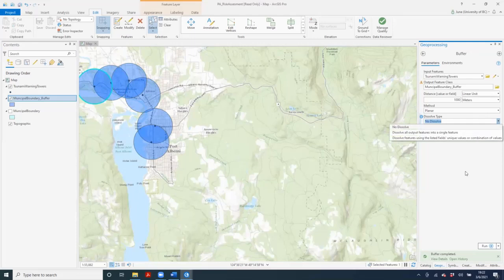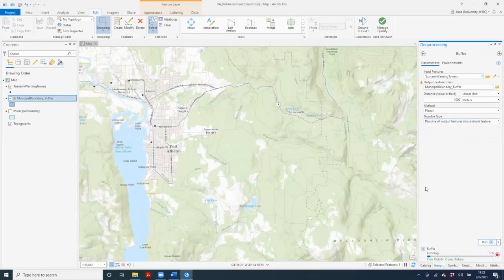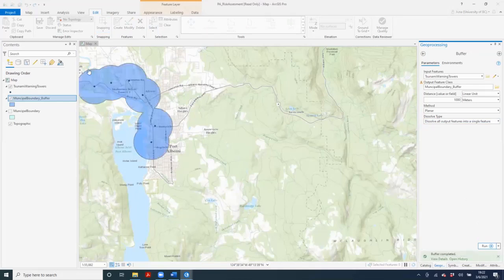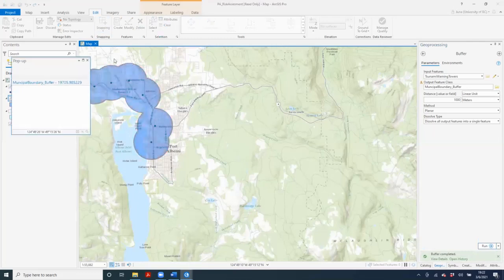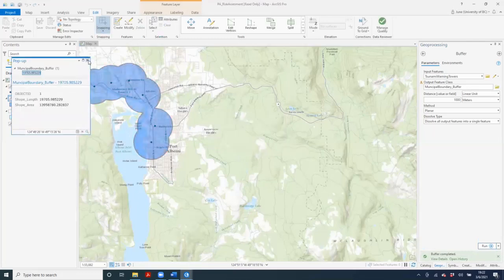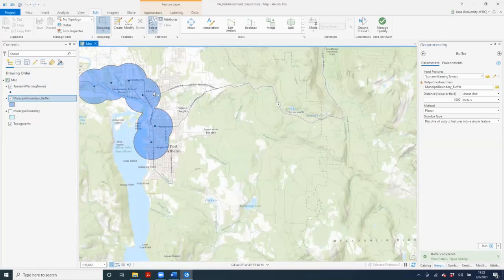But if you set the dissolve type to dissolve all outputs into a single feature and you run it, then you end up with all of them merged together into one. And so depending on what you're trying to do, and what the circumstances entail, you just need to think through whether or not you should dissolve